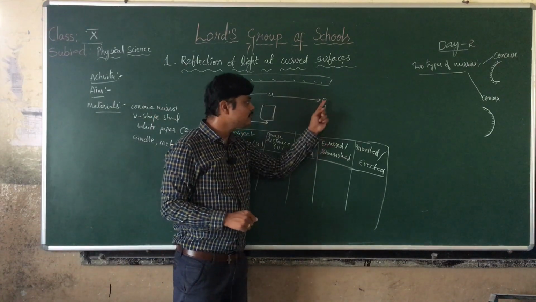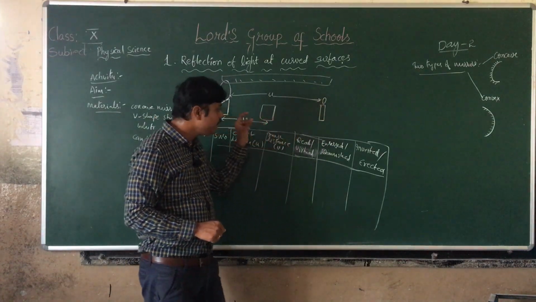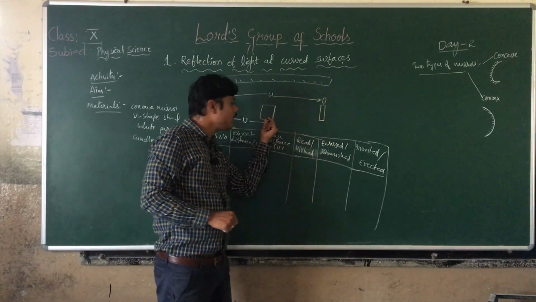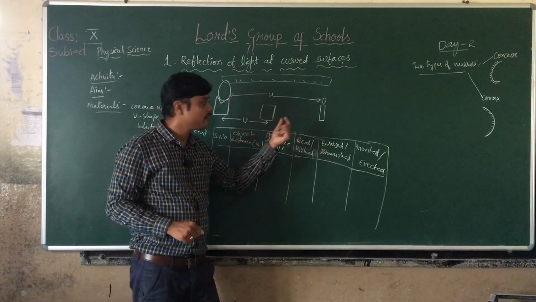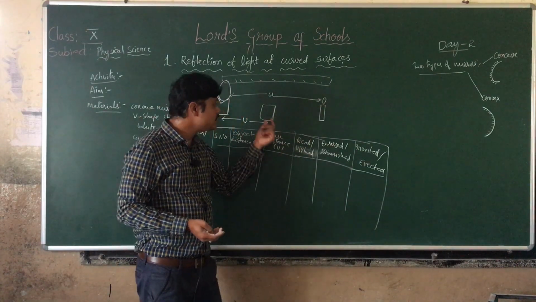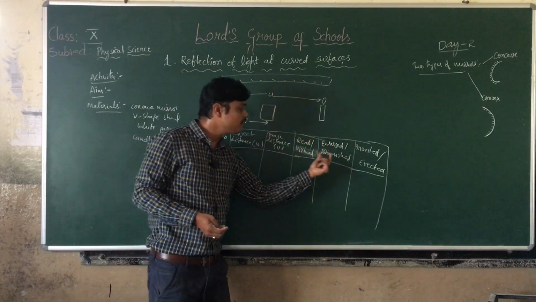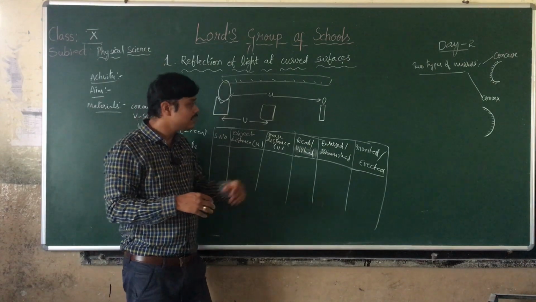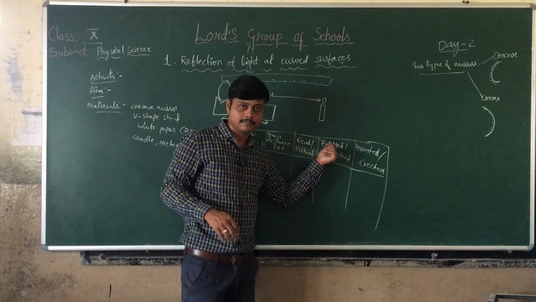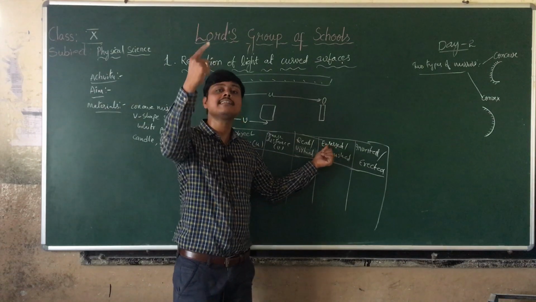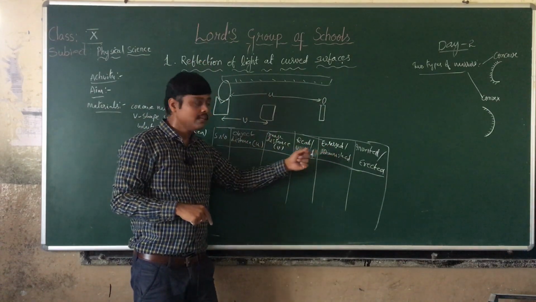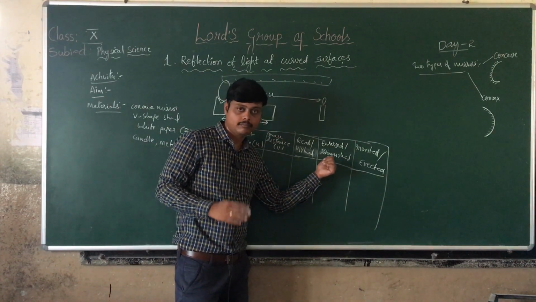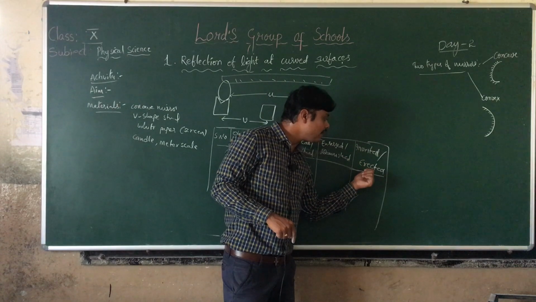Sometimes the size of the candle or the size of the flame may be bigger on the screen, and sometimes the size of the flame is smaller on the screen. The flame, in the sense, is the image. So the size of the image is sometimes bigger and sometimes smaller. If the size of the image is greater than the size of the object, then it is called enlarged. If the size of the image is smaller than the size of the object, that is called a diminished image. Okay. Next, inverted or erected.